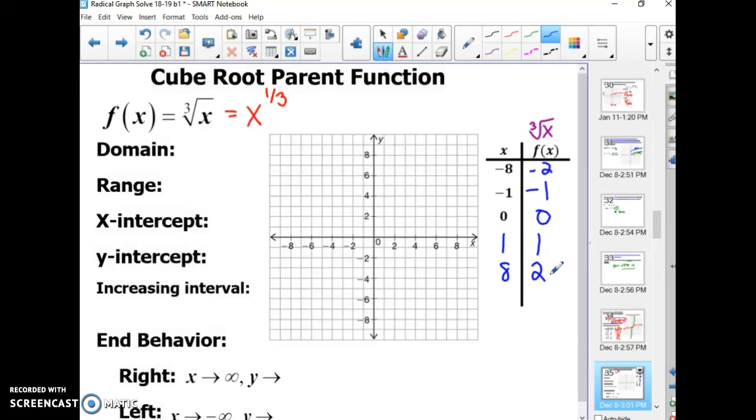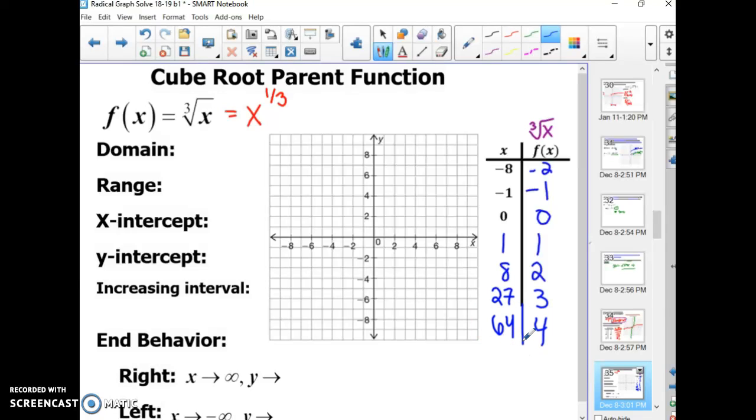So I want to make sure I go -2, -1, 0, 1, 2. If I wanted a 3 here, what would I need to input? So 3 times 3 is 9, and the third root of 9 is not 3, but 3 times 3 times 3 is 27. If I put in 27, the third root of 27 is a 3. So if I wanted an output of a 4, I think back through, right? I need 4 times 4 times 4 as the input, which is